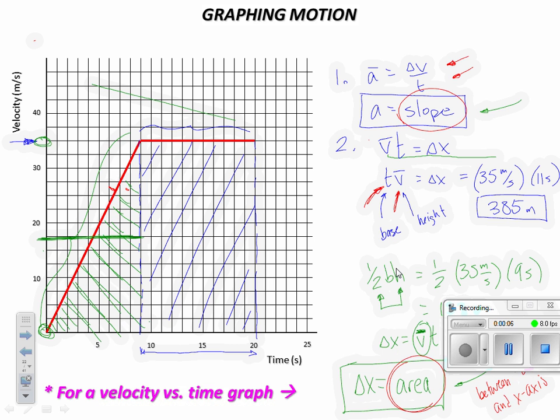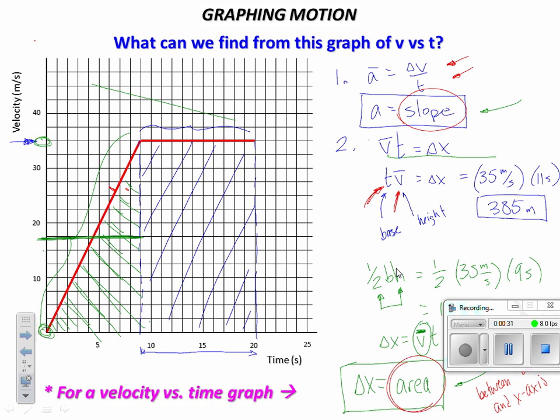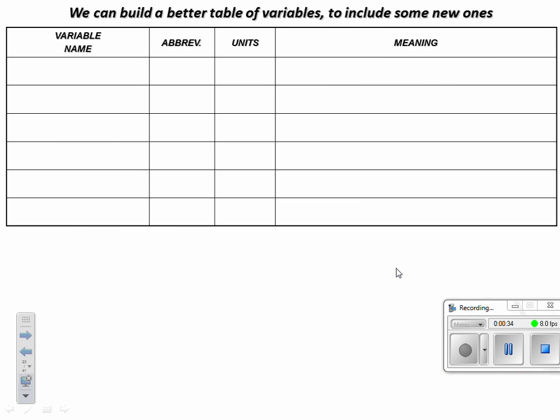So here we have, this is where we left off. And now that we've introduced the idea of acceleration, we've really nailed down the idea that velocity can change. Velocities aren't always just average velocities. They can go from one thing to another. So with that in mind, and the idea of acceleration, we now really should do our best to come up with a more complete list of variables and how we can use them.